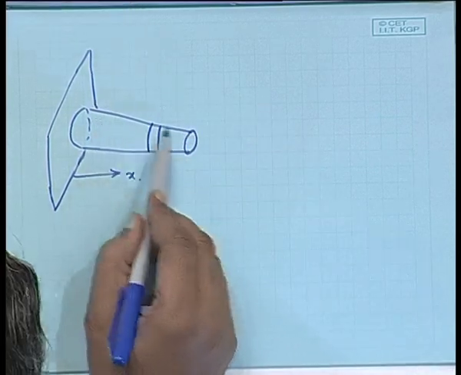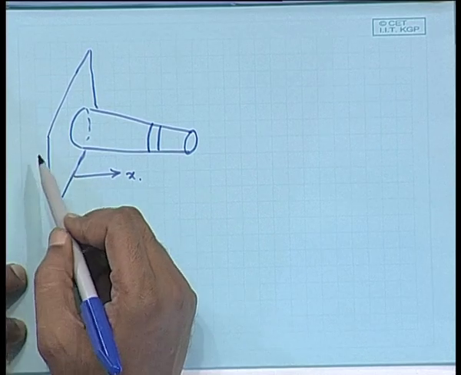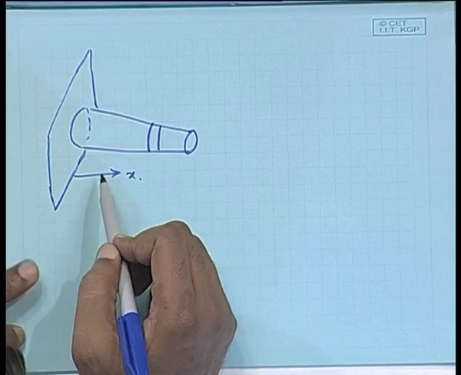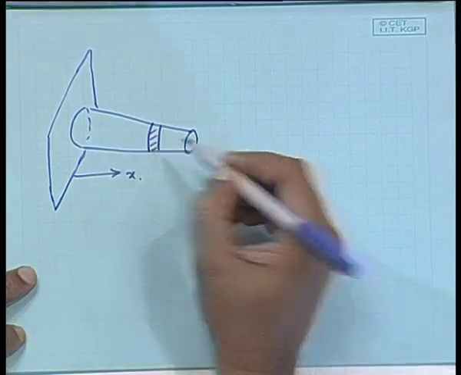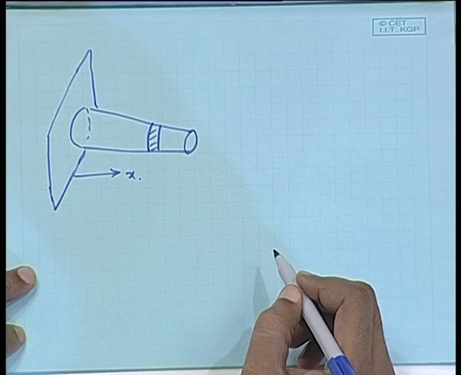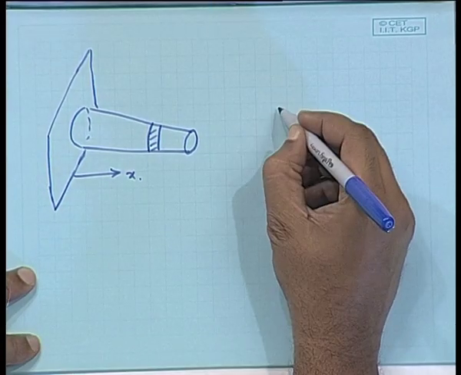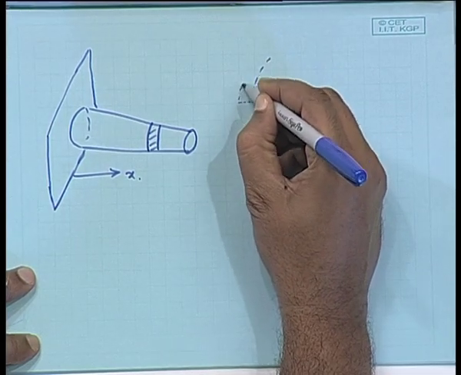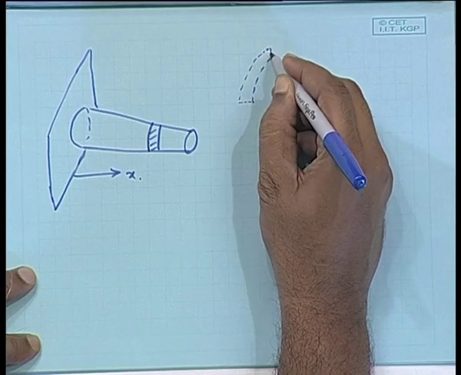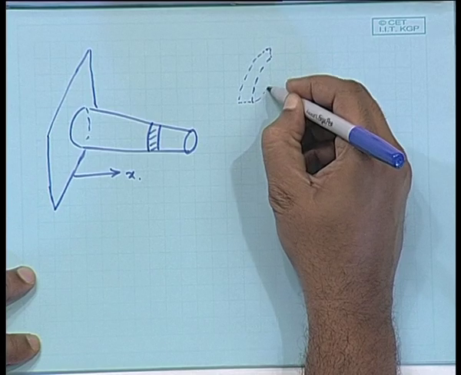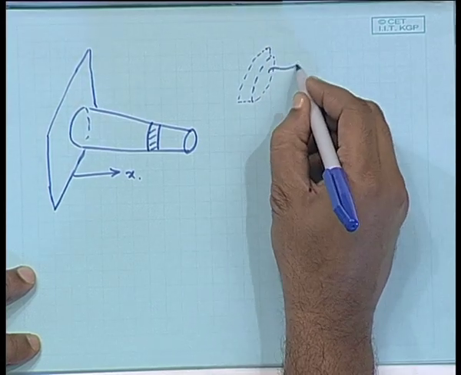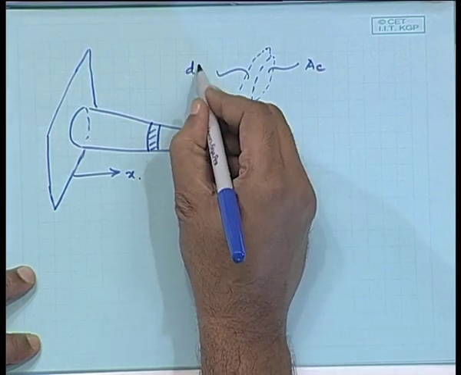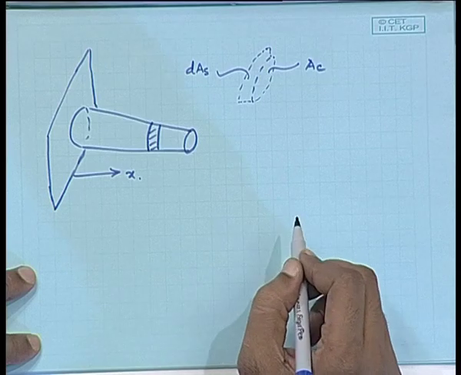So, let us say a pin fin is attached to a surface and we would like to find out the temperature distribution inside such a fin. So, what I am going to do is I am going to take out a strip, an annular strip on the surface of the pin fin. So, if I see this one, it would be something like this, and this is, let us say, AC, which is the cross sectional area, and this is dAs, differential surface area,